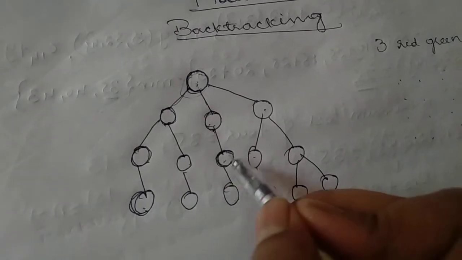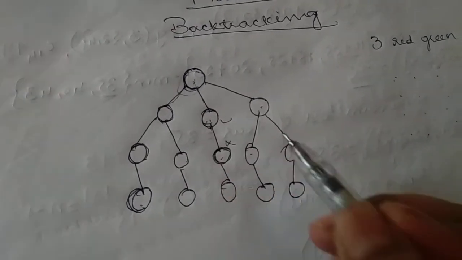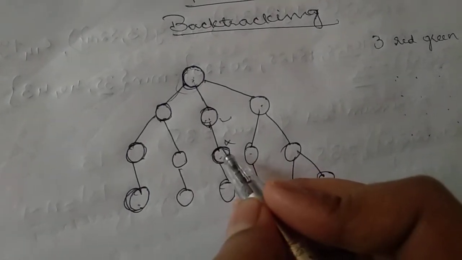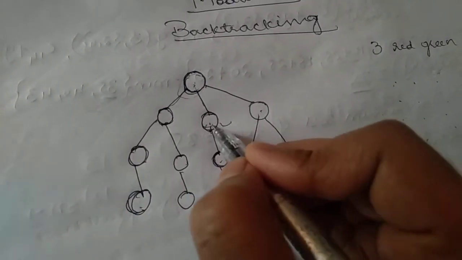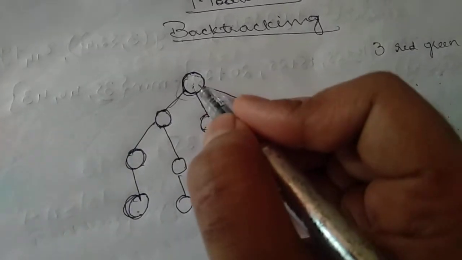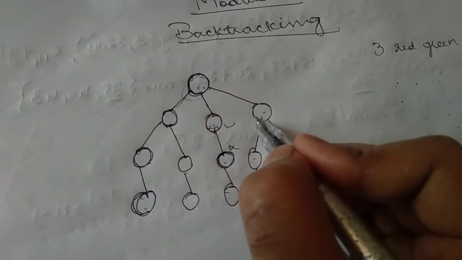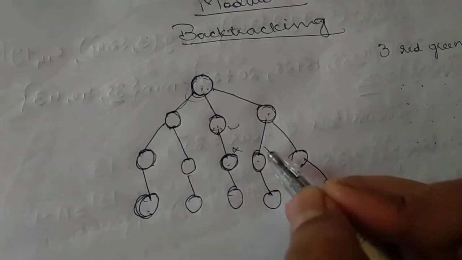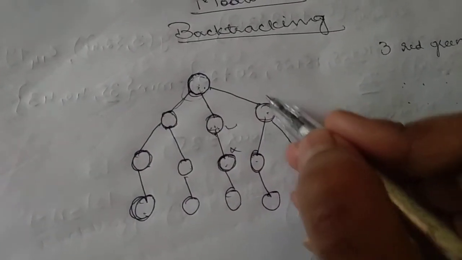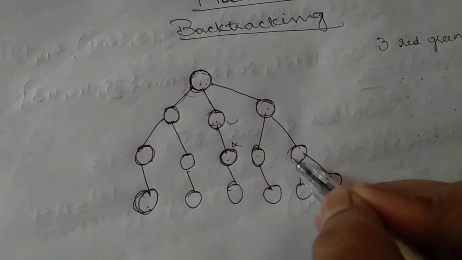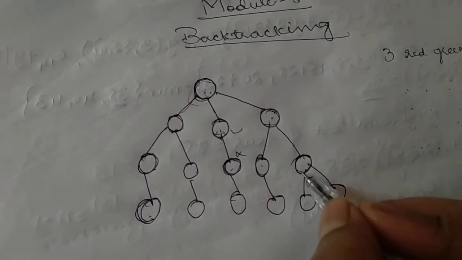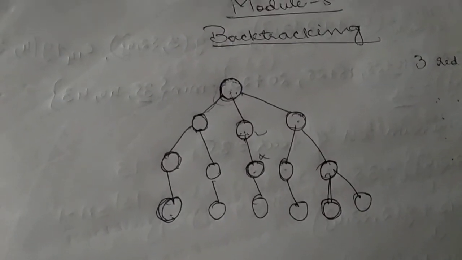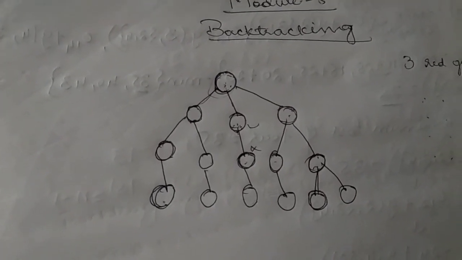If this solution is proper, then we'll move further here. If this is correct and this solution is not proper, then what you have to do is backtrack to this node. From here we don't have any connections. Again backtrack to this node. Then it will come here. If this is not proper, it will go here. Then it will not go back to the root. Here one more option is there. It will check for this. Then from this it will get the original path. This is how backtracking will work.